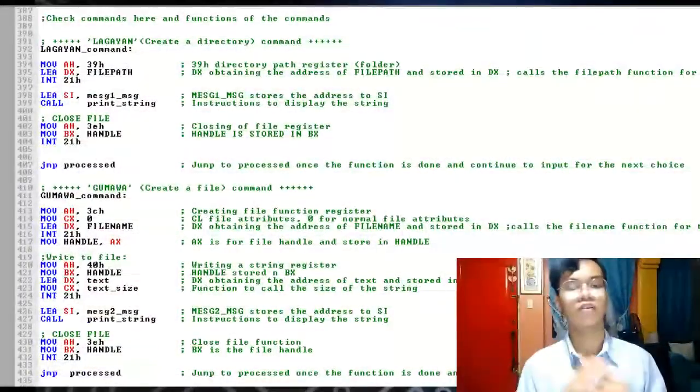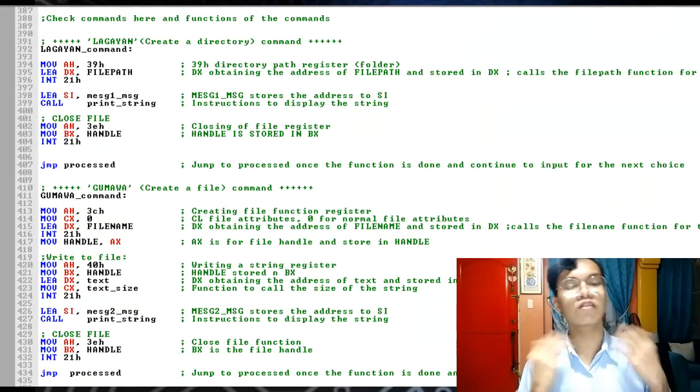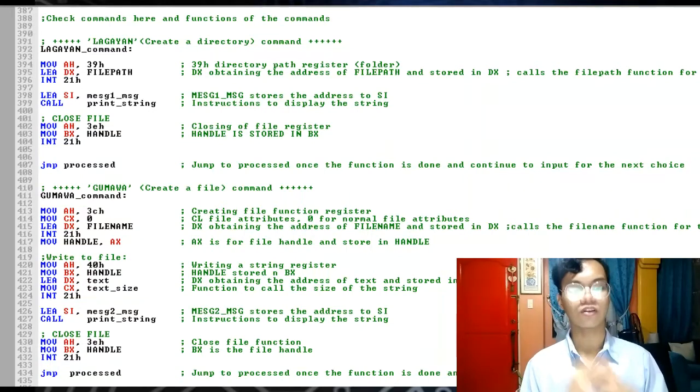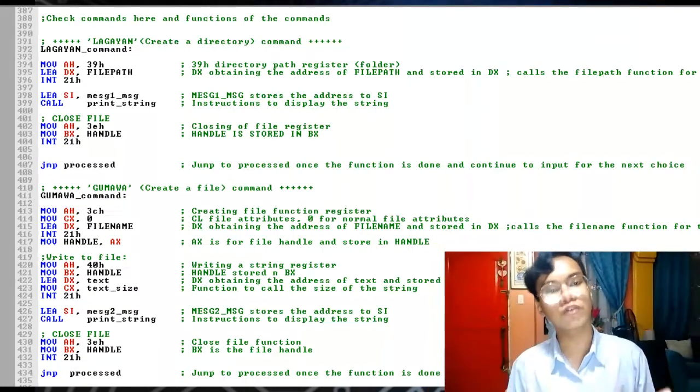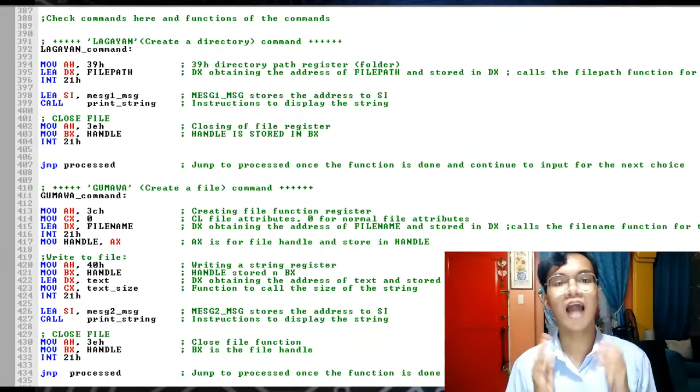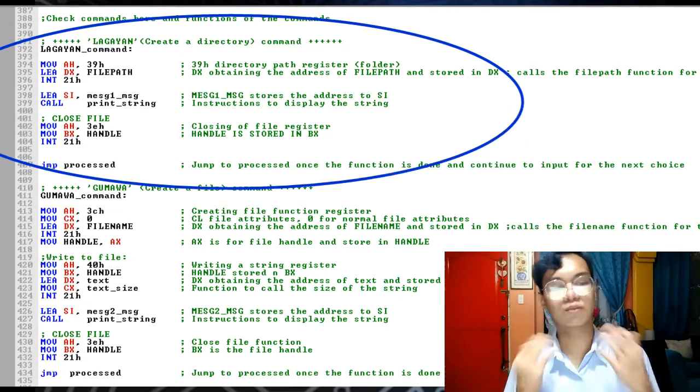This part is the commands and functions in the system. And this part will also discuss the registers and the functions in each of the commands in the system in order for the commands to work in the system. If the user inputted lagayan, it will go in this function and process the